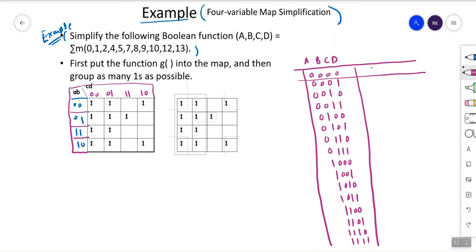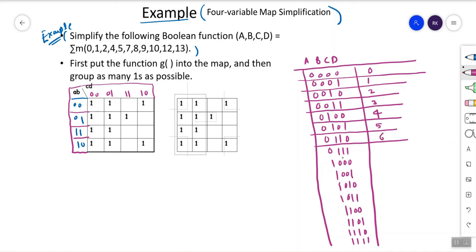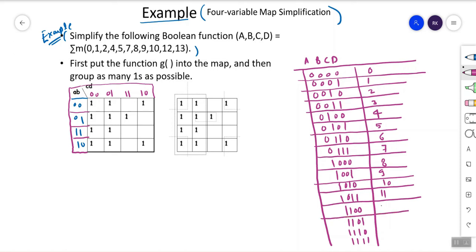Now this is 0, this is 1, 2, 3, 4, 5, 6, 7, 8, 9, 10, 11, 12, 13, 14, and this is 15 as well.